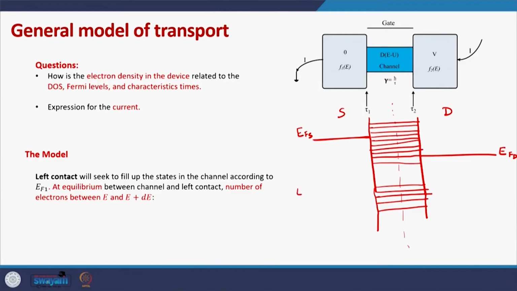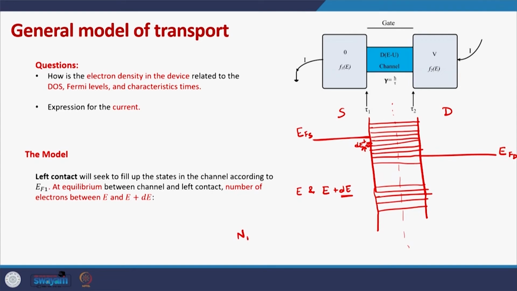So, then in equilibrium, when the source is in equilibrium with the channel, the number of electrons between energy E and E plus dE, in a small energy range of dE, will be, so let us say this is number of electrons, this is the energy range dE. Okay. So, the number of electrons in this small interval of energy will be given by,